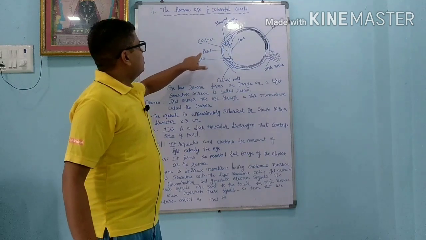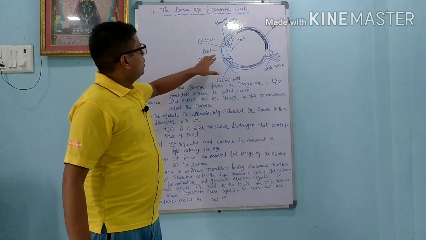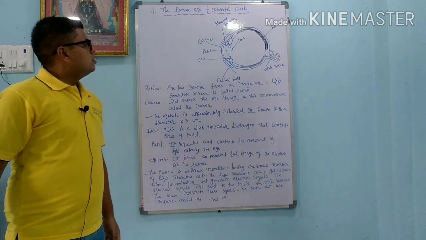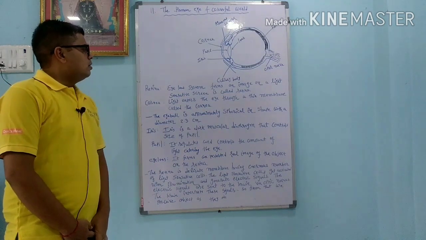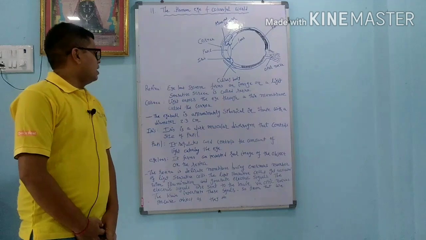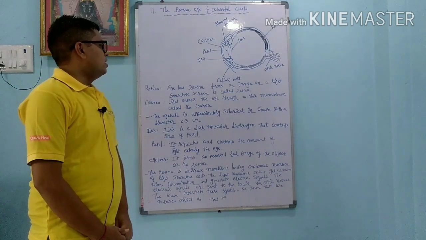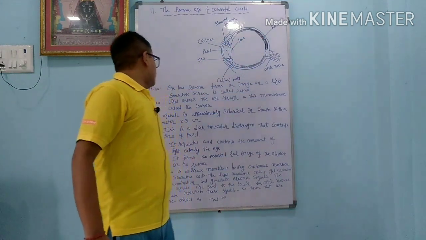Here initially the rays pass through the pupil, then go onto the convex lens, and at last the image is obtained on the retina. So one by one we will learn all the parts of the human eye, then after we will go on to the next topic. First is the retina. The eye lens system forms an image on a light sensitive screen, which is called the retina. So here this is the retina, on that the image is obtained.